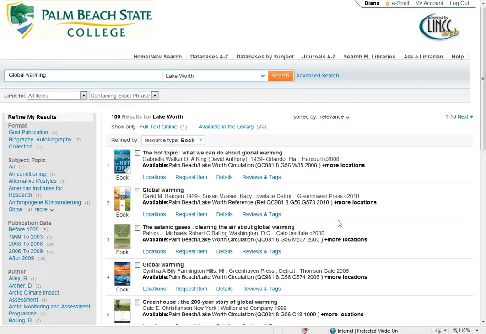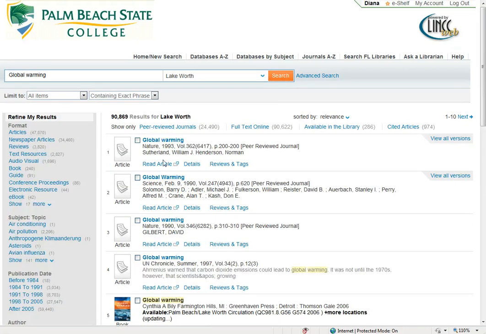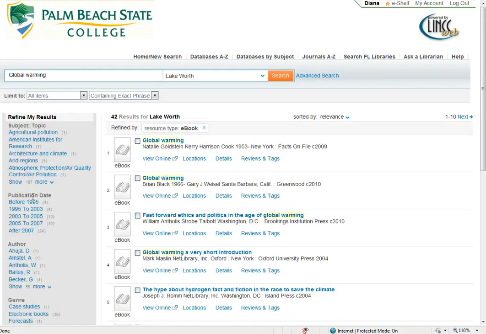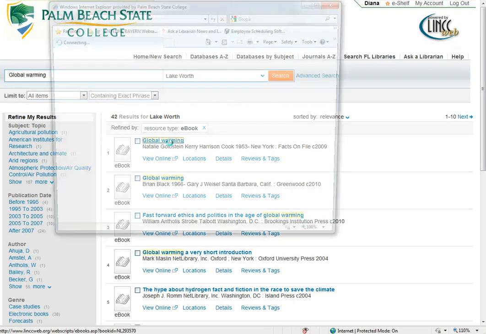Now say that you're interested in finding a book, an e-book, instead of just a regular book. So if we go up here and we click our search button again, it will bring up our original search, and we can go over here to the left under Refine My Results again, and instead of limiting it to book, we're going to limit it to ebook. An ebook we don't have to physically be on campus to access, which is a good thing. So here's the first one that comes up. So if I click on that,